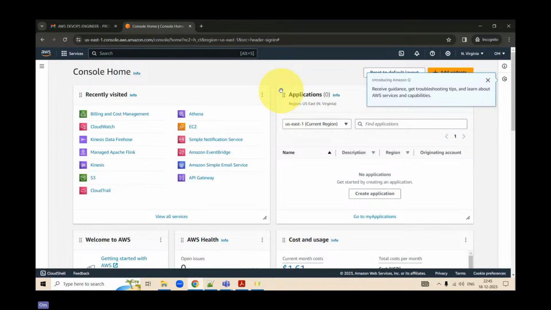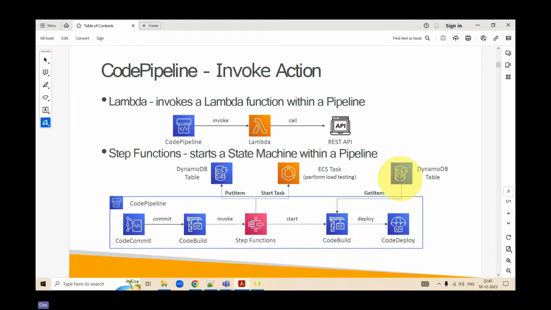So the next one we are going to talk about, where we left off, is Lambdas. We all know that Lambda plays an important role whenever we want to do any kind of serverless computing, or whenever we want to check whether the correct code is being taken or not. This is why Lambdas are introduced into a pipeline.